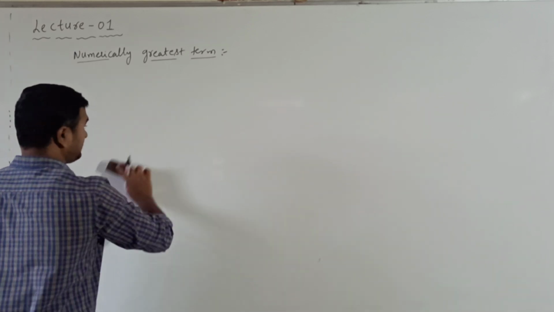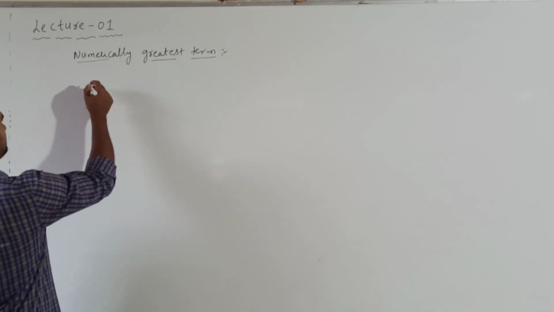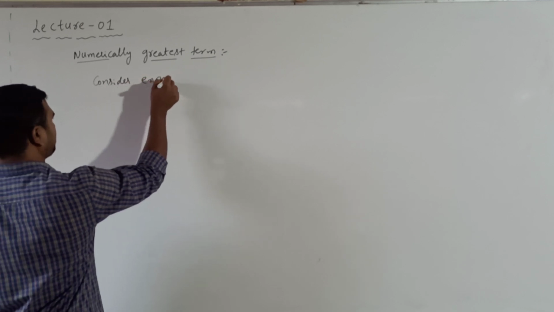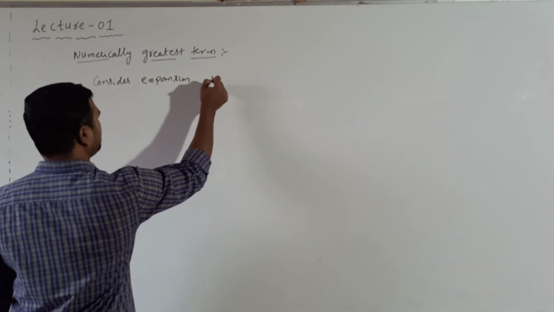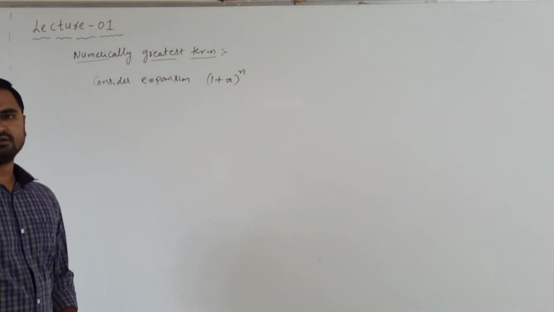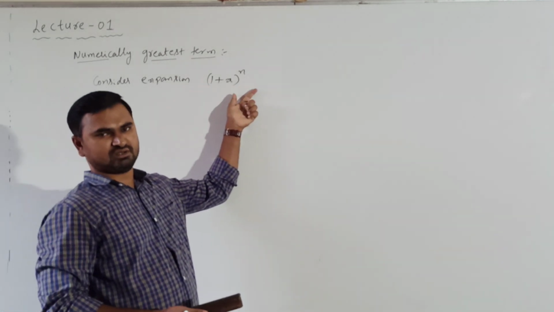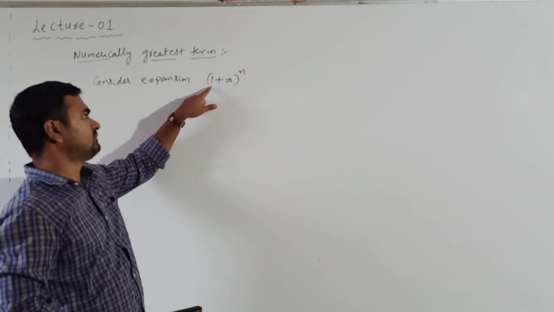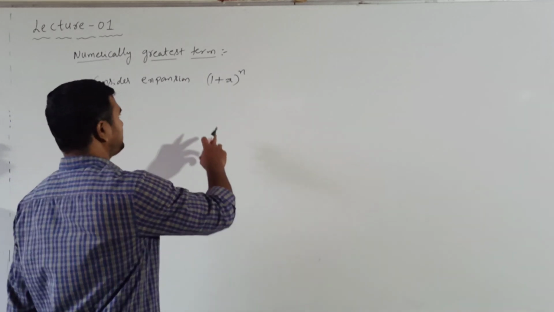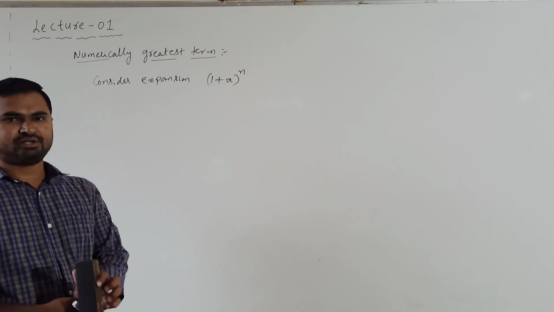Now any expansion given, first you have to write the given expansion in the form (1 + x)^n. So consider the expansion (1 + x)^n. Now even if the expansion is not in this form, first you have to convert that into this form (1 + x)^n by taking some terms common. Okay. So in this expansion (1 + x)^n, the numerically greatest term will be obtained based on